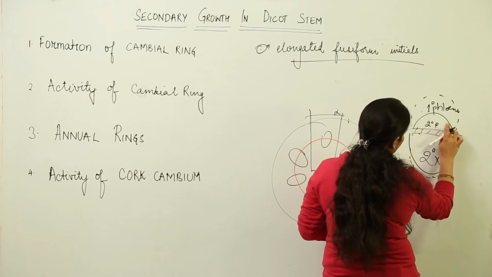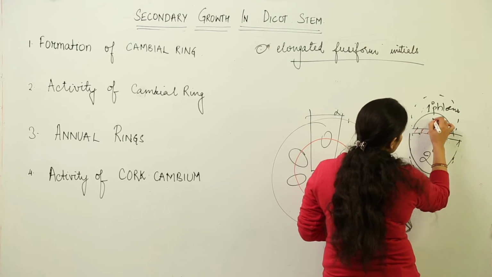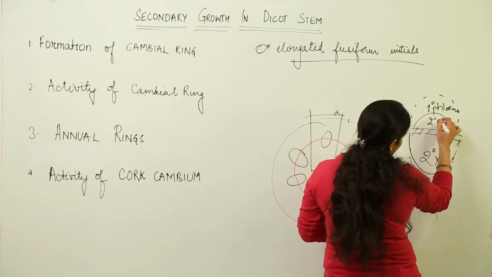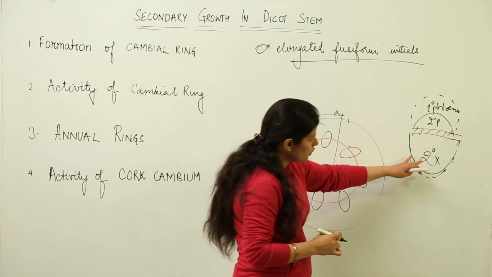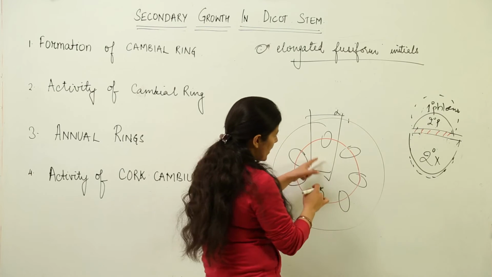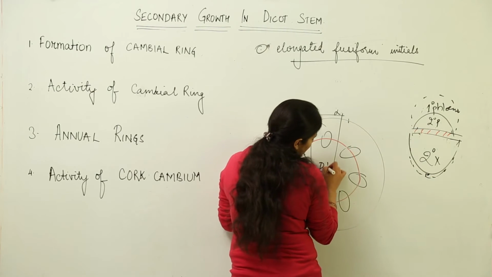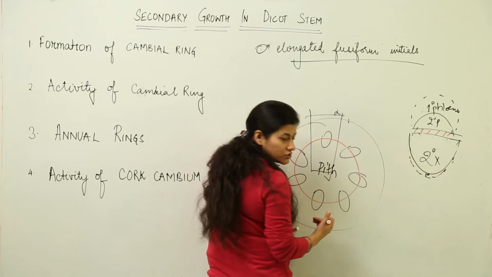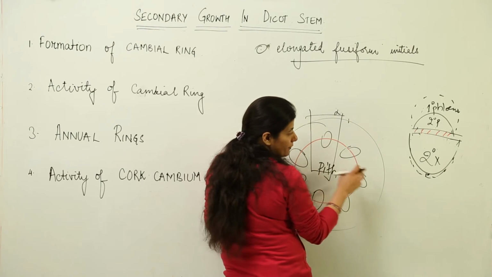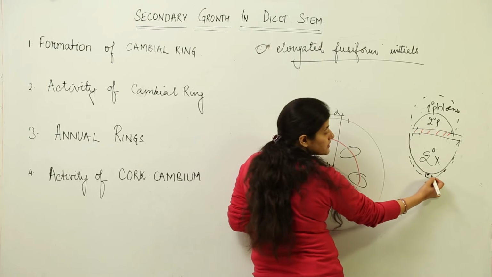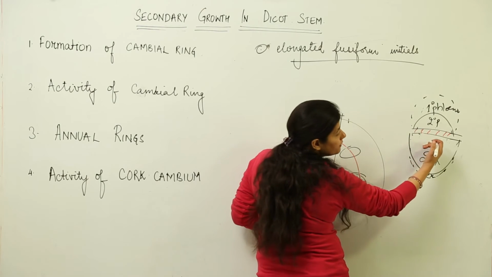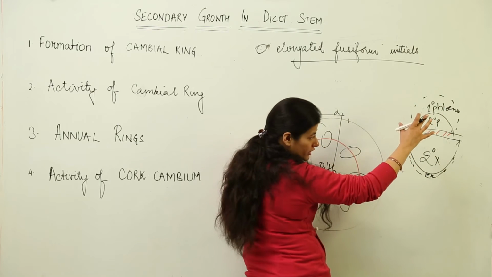So with time, because this secondary xylem is growing and growing in size, this primary xylem which is present, and inside we have a pith. First of all, the pith gets crushed with the secondary xylem. Then this primary xylem also gets crushed, and with time the secondary phloem would also get crushed,